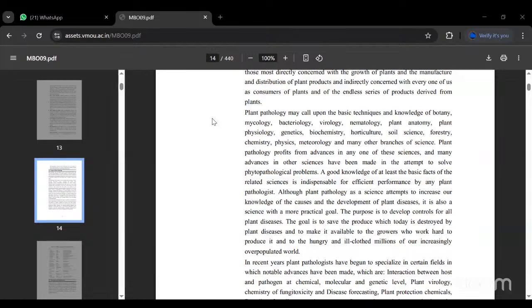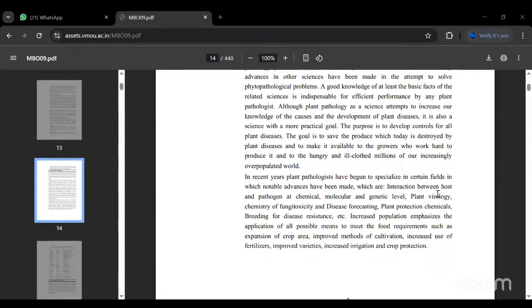In recent years, plant pathologists have begun to specialize in certain fields in which notable advances have been made, such as the interaction between the host and the